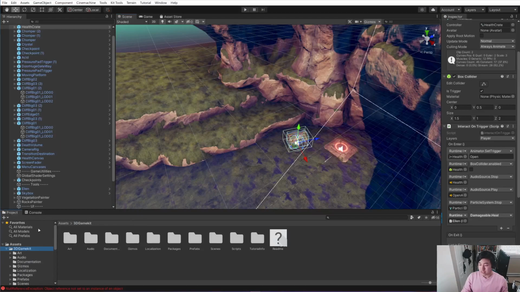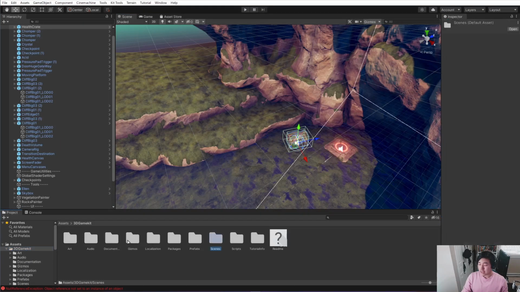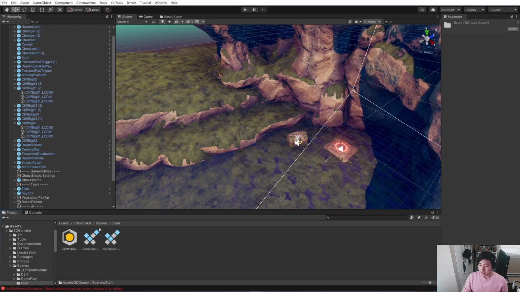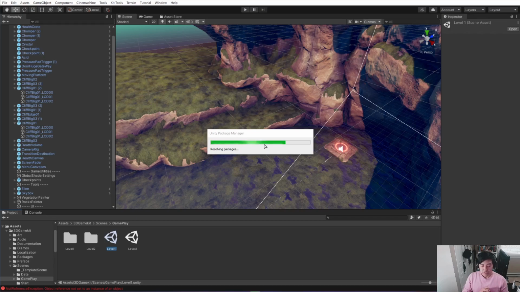We built this really simple level, but the 3D game kit also comes with a preview level. Save, we want to save our progress. That looks fantastic, and it just shows how powerful this game kit can be and how much stuff you can really build in it. So we'll take a look here. Meanwhile, while this loads up,